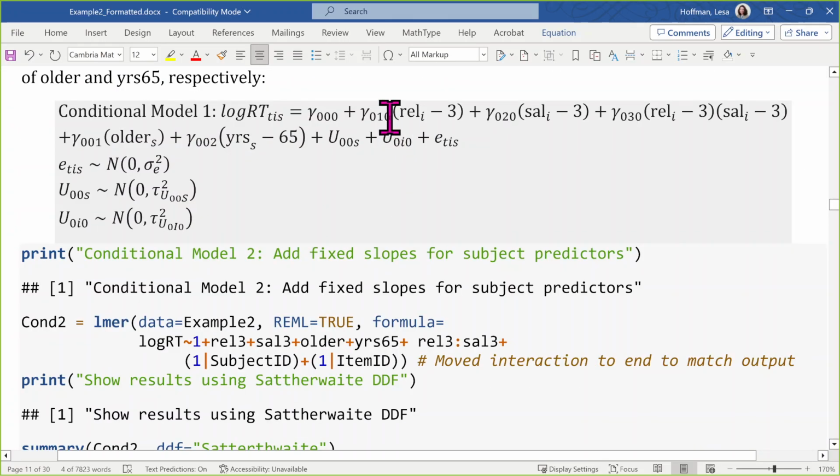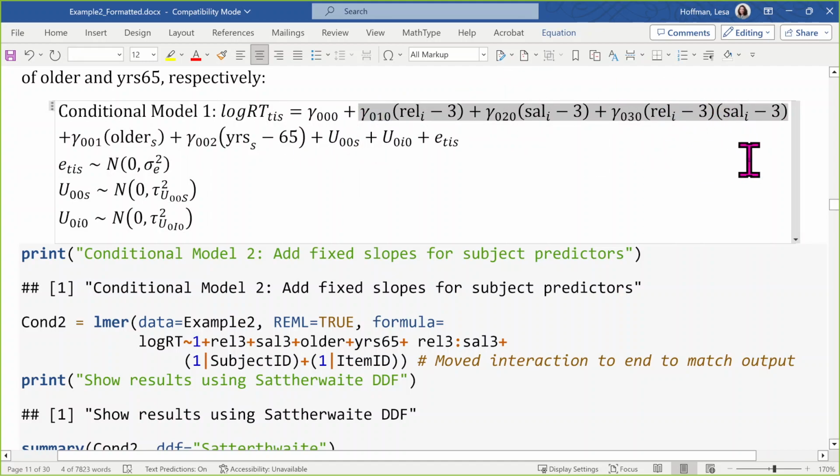So I'm keeping all 3 fixed effects related to my items for right now, even though the interaction was not significant. And I'm adding in effects for my H groups. So this subscript pattern then,